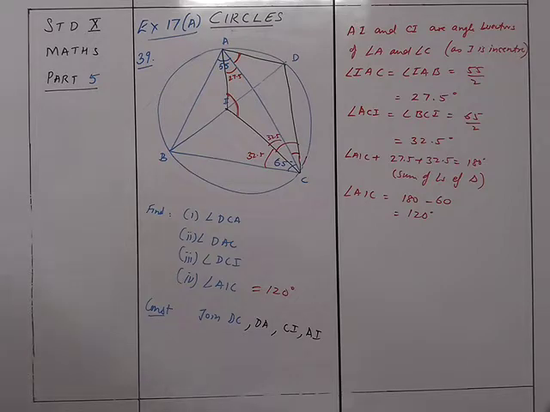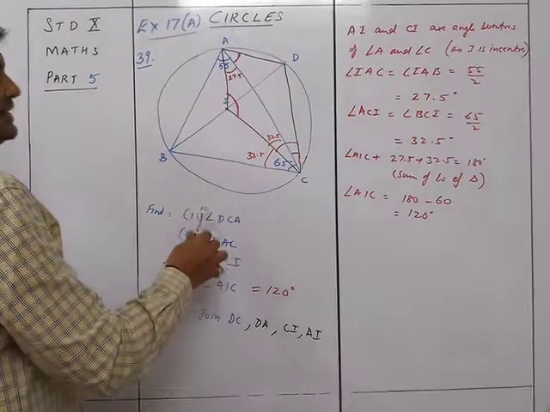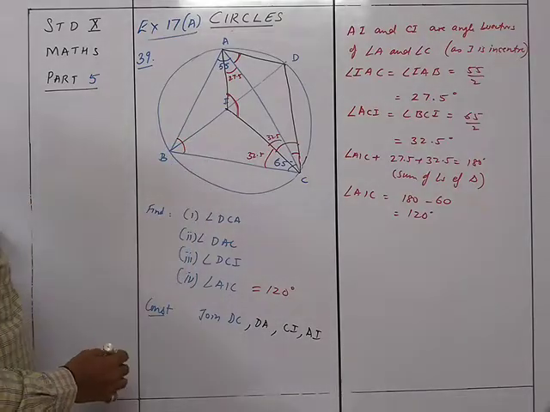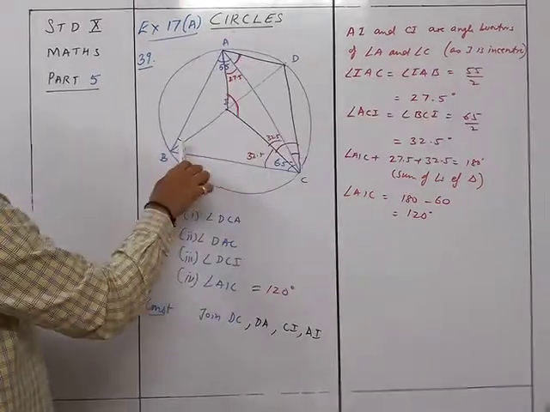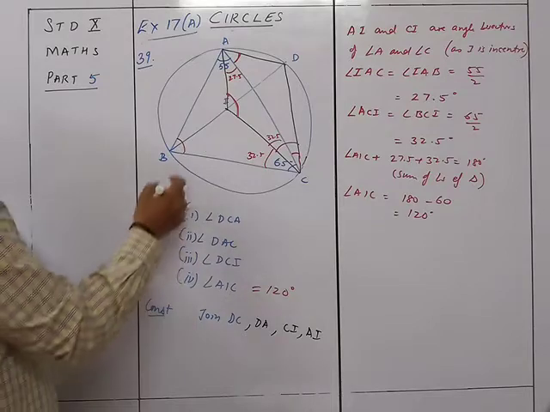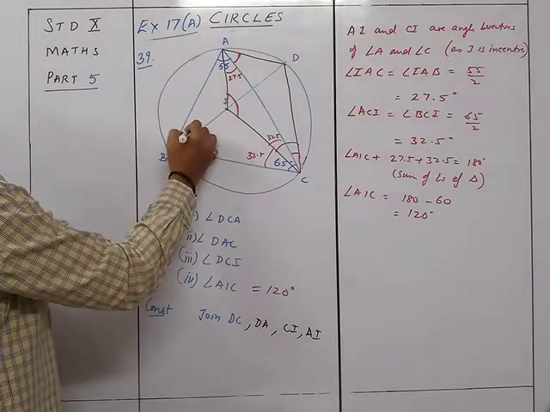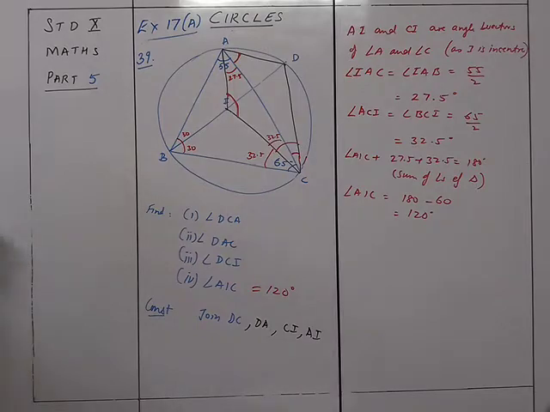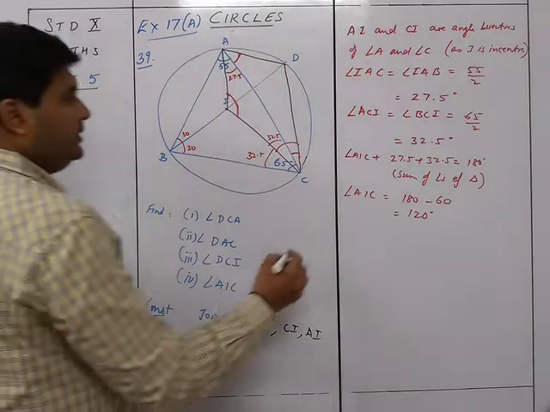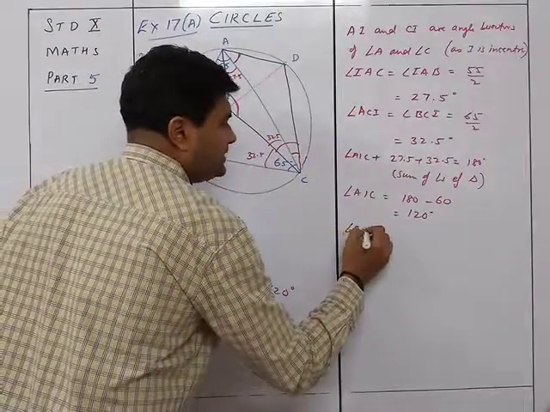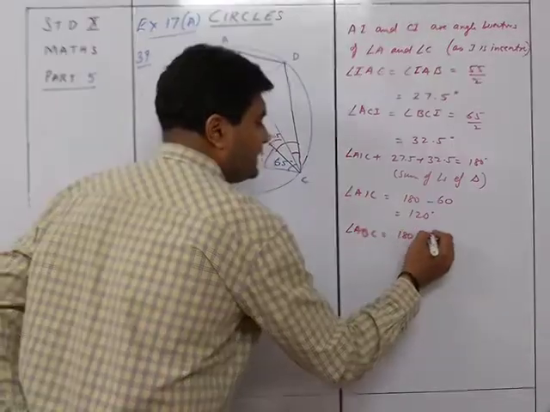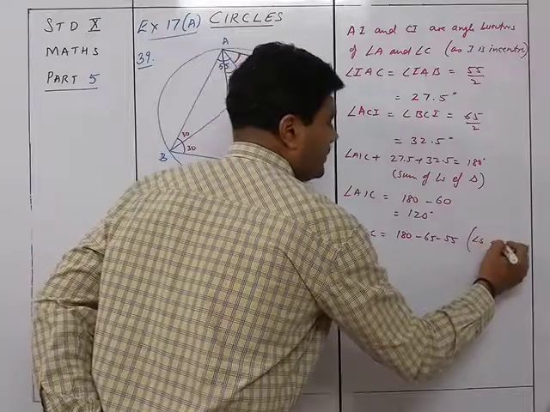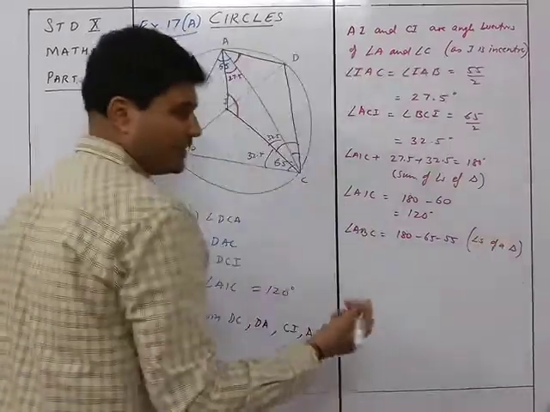Okay. Now I know that this angle over here is going to be 60 because 55 plus 65 plus this is equal to 180. So if this is 60, then automatically there will be 30 each. So we'll write over here angle ABC is equal to 180 minus 65 minus 55, angles of a triangle. Sum of angles of a triangle, obvious.